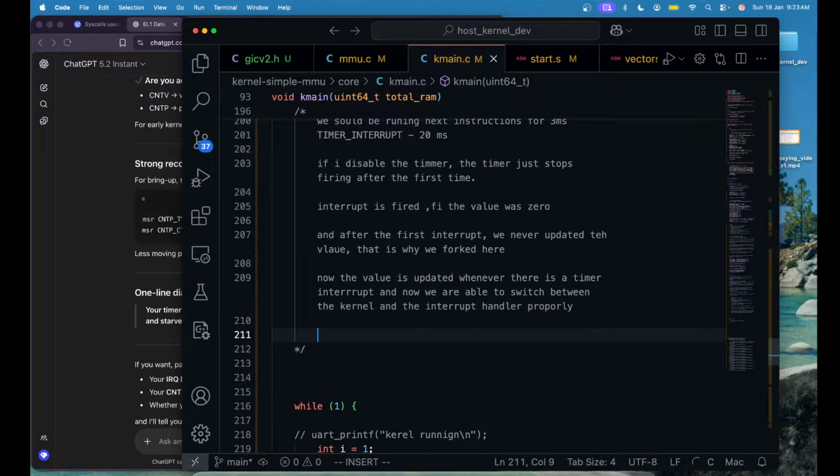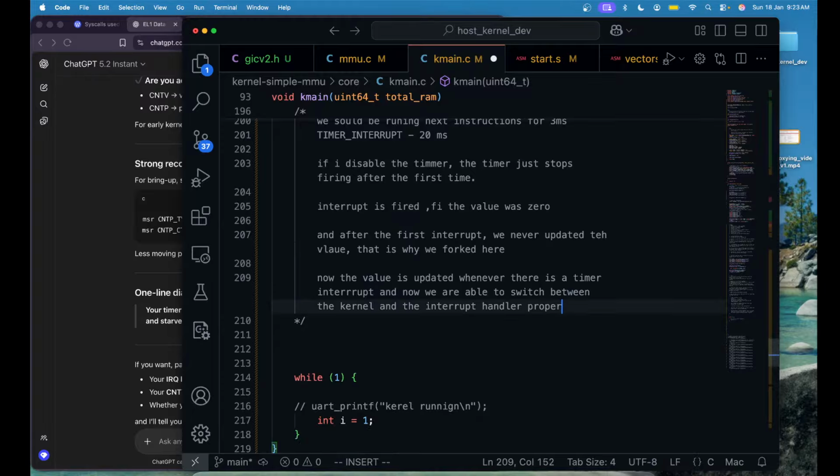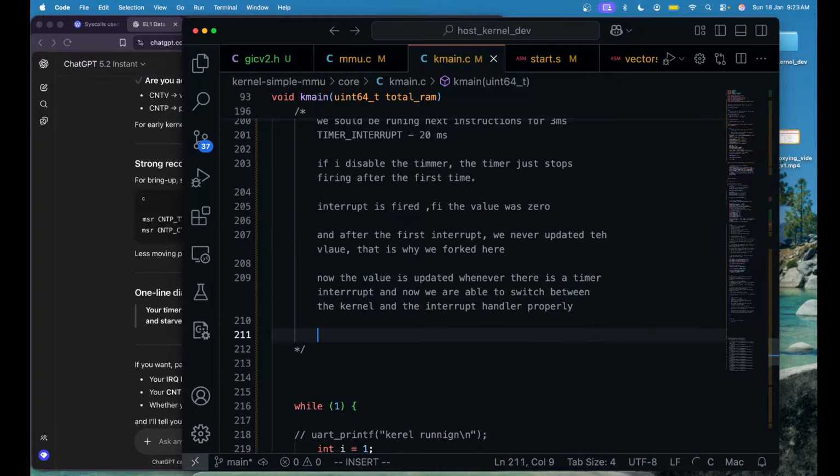Okay, properly. Okay, now the to-do is to find